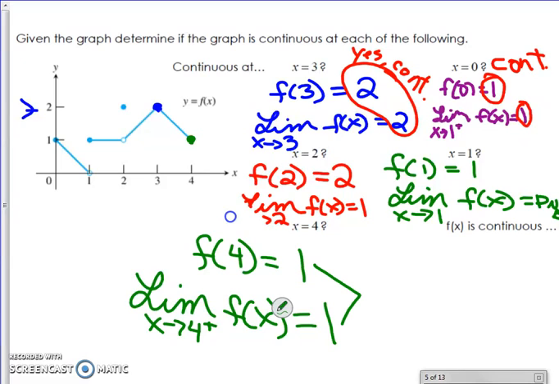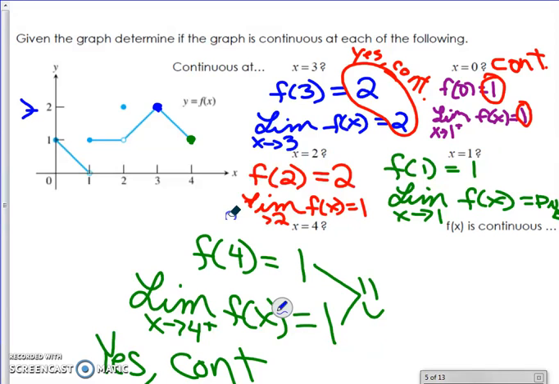Since these two things are the same, that makes me happy. That says that this function is continuous. Yes, it is continuous. And so the last part there, it says f of x is continuous,